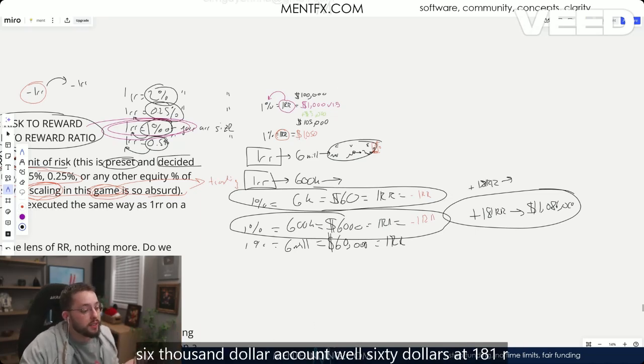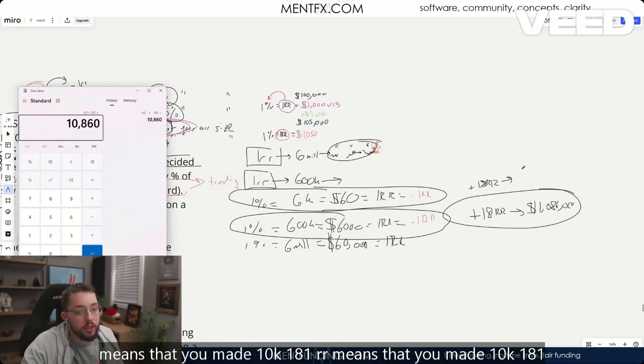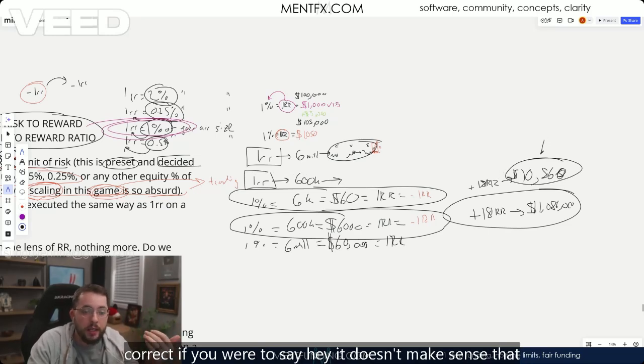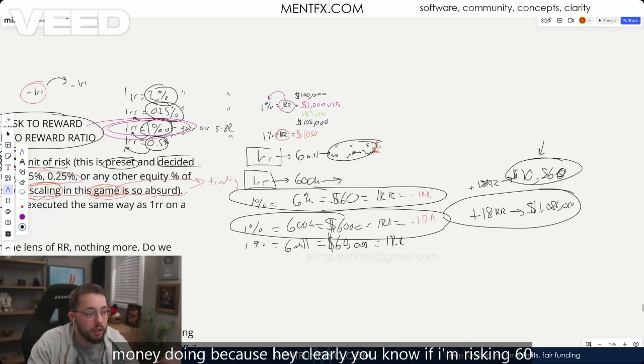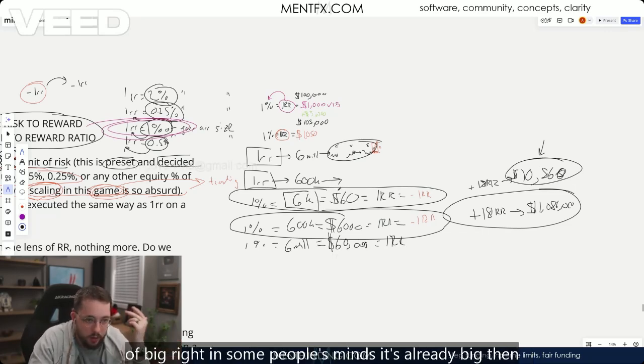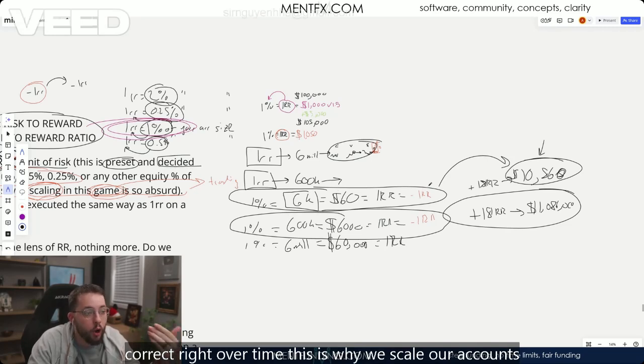if you are starting with a $6,000 account, well, $60 at 181 R means that you made 10K in a year. Now, you are completely correct if you say, hey, it doesn't make sense that trading could be something you do full time or make a ton of money doing, because clearly, if I'm risking $60 per trade and I have a 6K account, which is already kind of big in some people's minds, then I'm only making 10K or 11K a year. And you're completely correct. Over time,